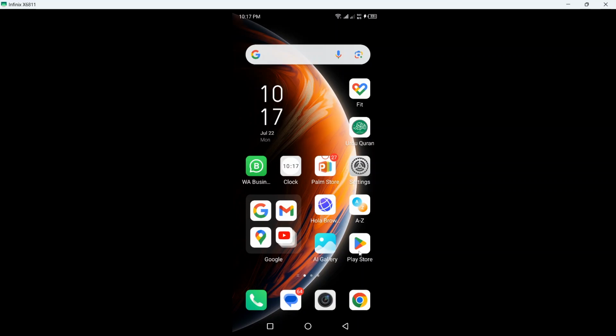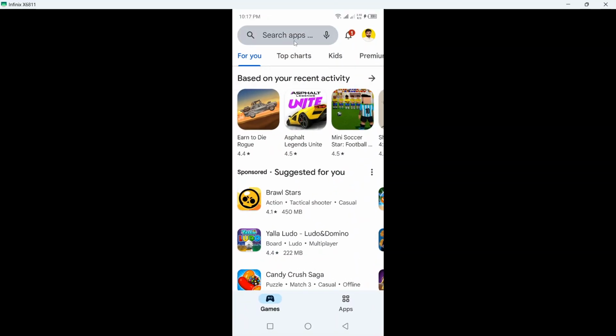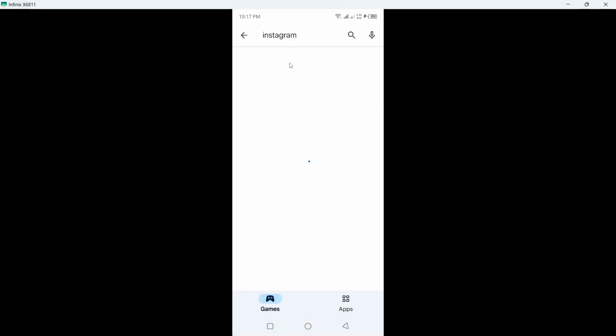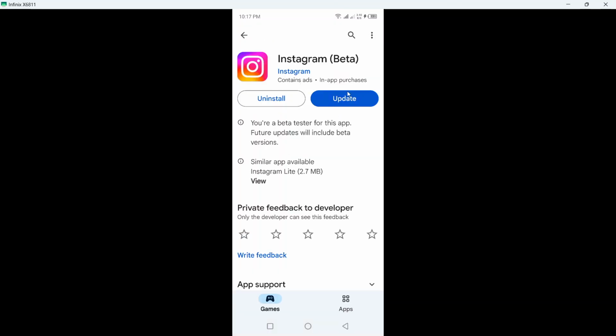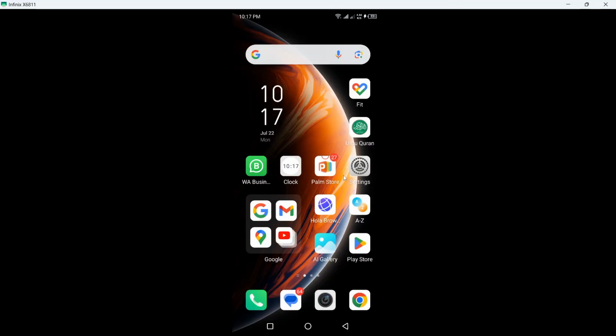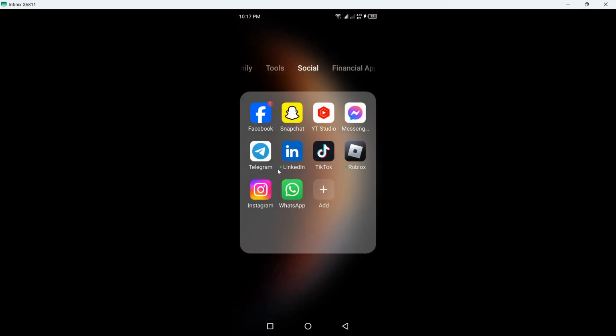So the first step you need to do is to open Play Store and search for Instagram. Click on that and you need to update your Instagram application. Once you are done with that, you need to go back and simply open the Instagram application and log in